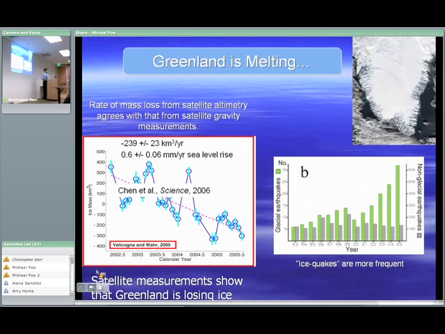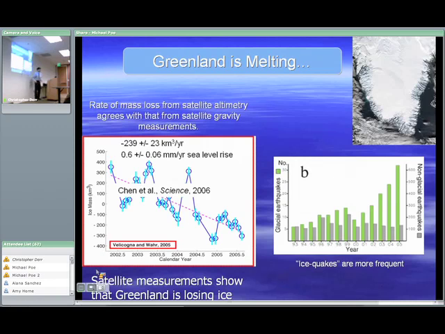But what we see in Greenland, well, the issue with Greenland and Antarctica also is they're huge land ice sheets, and if all of the ice on Greenland melted, it would raise sea level by 7 meters, about 21 feet. Now, that's not going to happen immediately, but the point is that the potential for sea level rise from melting of Greenland is huge. Antarctica has actually got much more ice than that, but Antarctica for the moment seems to be stable. What this is showing is